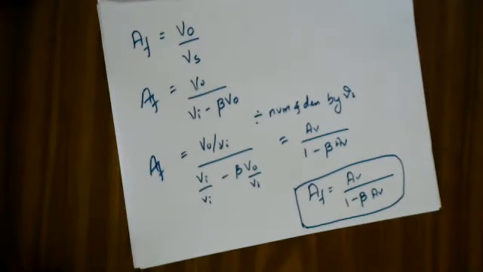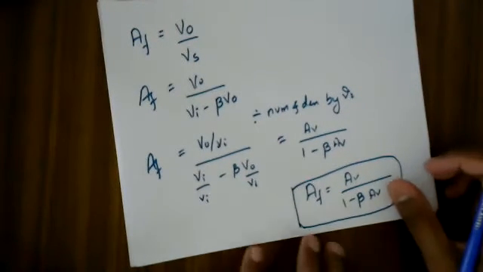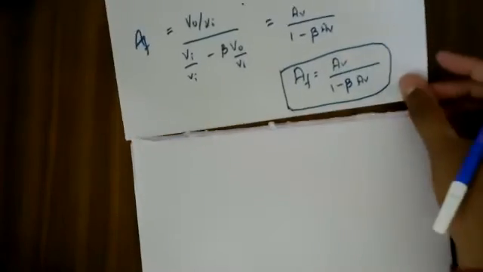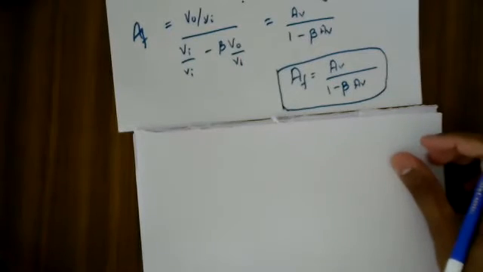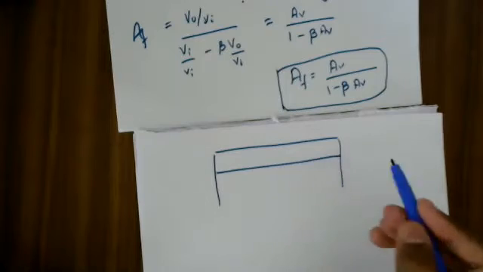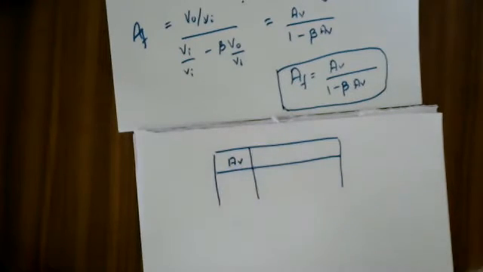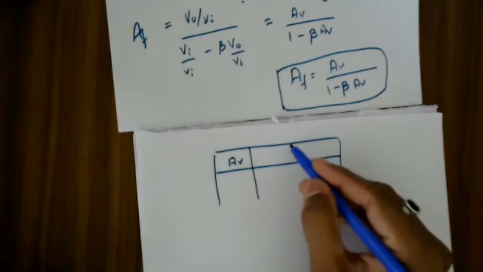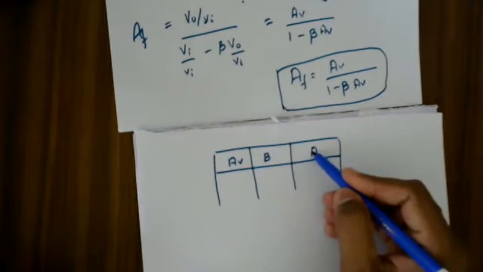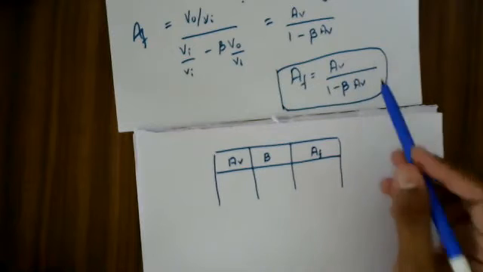Now, very important thing. Let us work on this equation a little bit mathematically, and not use it here itself. We'll make a brief analysis and I'll draw a small table. Let me say this is the open loop voltage gain AV, then I have a feedback factor beta, and this is my closed loop voltage gain AF. With reference to this equation, I'm going to speak now.